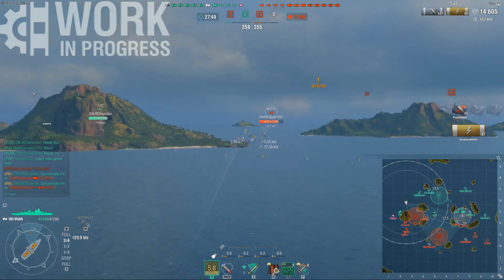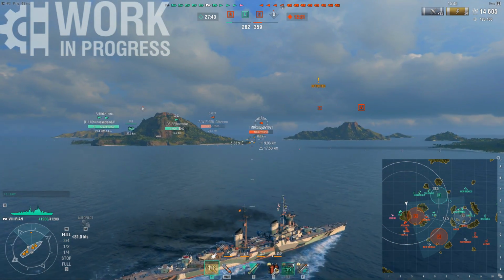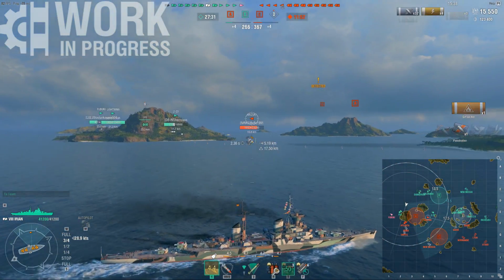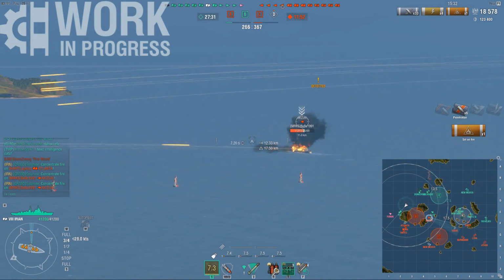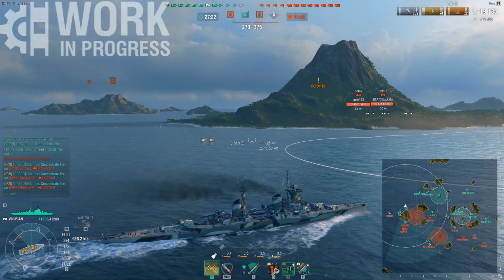If you think it looks very much like Kutuzov, well, that's because it's practically a copy-pasted Kutuzov. In fact, if you look at the left side of the ship, you can even see the Cyrillic lettering writing out Mikhail Kutuzov on the side of the ship. That's how much of a copy-paste it is. The camo, everything is identical to what you might see on the Kutuzov,